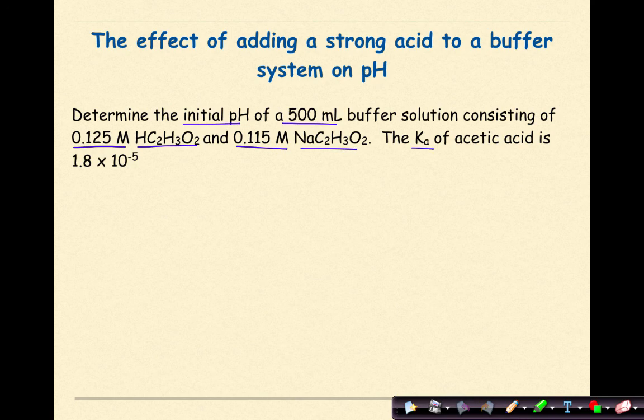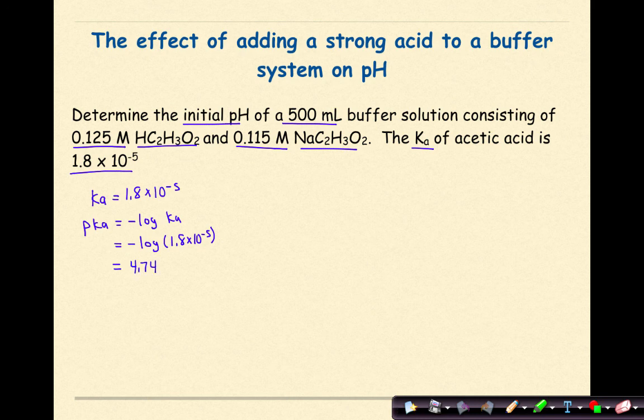The Ka of the acetic acid is 1.8 times 10 to the negative 5. If we know that our Ka is equal to 1.8 times 10 to the negative 5, we can find pKa because we know pKa is equal to the negative log of the Ka. So I'm going to substitute that in, negative log 1.8 times 10 to the negative 5. And if we work that out, we know that it will be